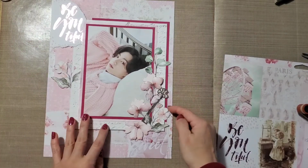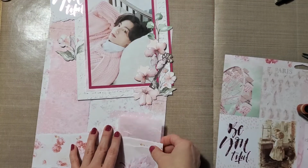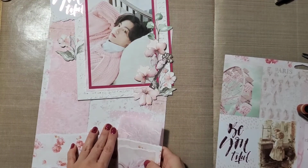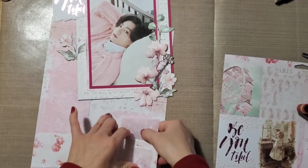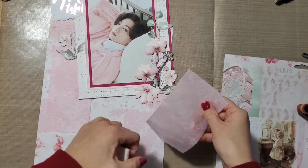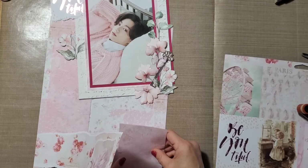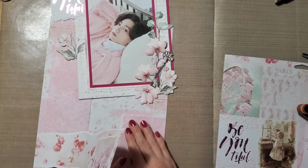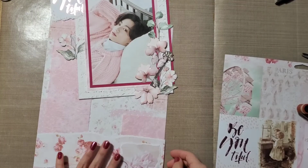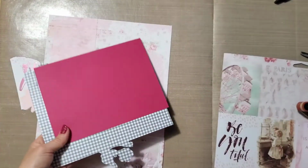Okay. You know what? I think I'm gonna move. Yeah. I'm gonna move, because this is fibrous, it comes off the paper really easily. I'm gonna move it over to the edge. I'm not gonna leave a little bit. I'm gonna move it all the way to the edge. Okay. And then